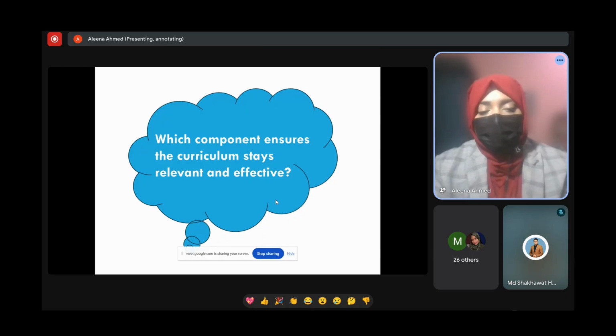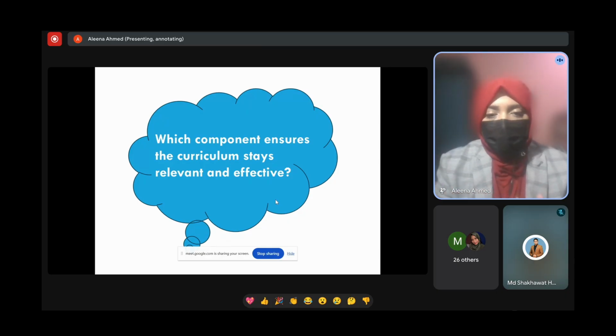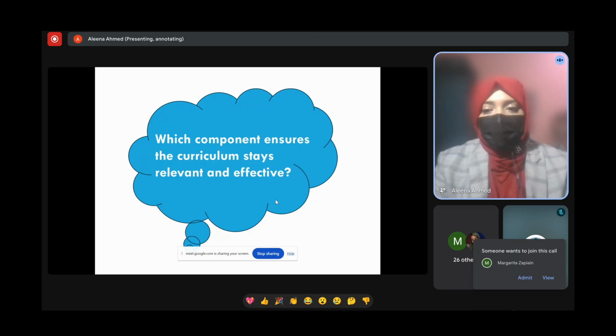Yes, exactly. Definitely, when we evaluate what we have taught and what the students have learned, and whether the students were able to achieve those goals or not, then definitely it will tell us whether to amend the curriculum or just stay on the same curriculum. So the evaluation or the need analysis allows us to revise our curriculum according to the need of the learners. So definitely it is evaluation and feedback.